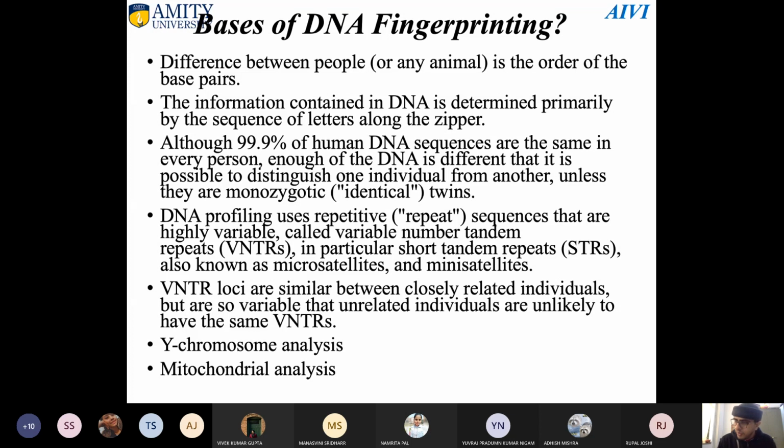Now the question came: where is this difference, and in what form? Most of the differences are in your intronic regions. You all know there are exons and introns. In these regions the difference is in the form of repeats. Repeats means a repeated sequence, like if you have the sequence ATGC continuously repeating, ATGC, ATGC, ATGC, we call that repeats, also called VNTRs or STRs. In detail we will discuss